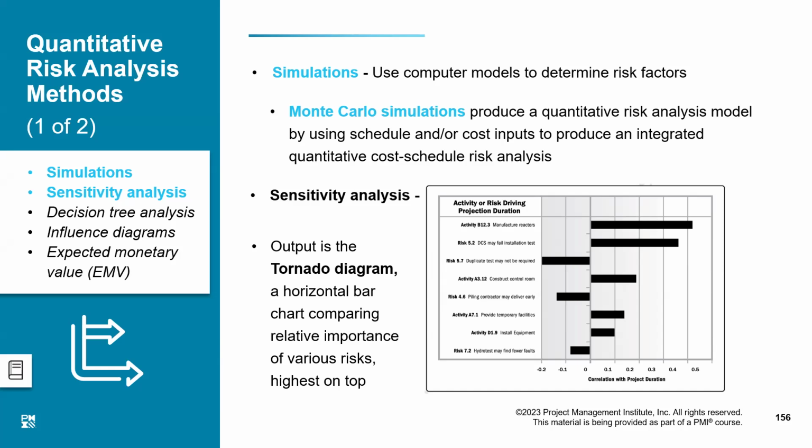Tornado diagram, you can see it looks like a tornado. It is wide on the top and it is small on the bottom. So basically, all the bigger risks have gone up, whether they are positive or negative. Positives will occur on the right-hand side, negatives will occur on the left-hand side, right? But generally, this is the pattern it will look like, and that is very much like the concept of a tornado.